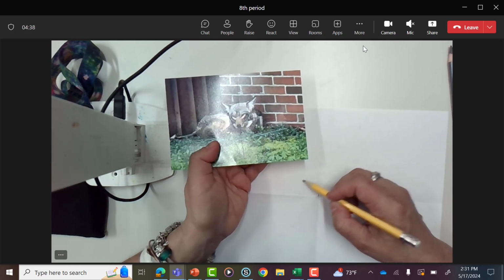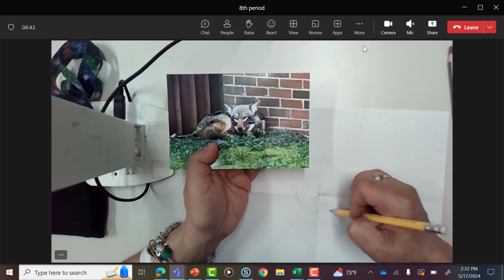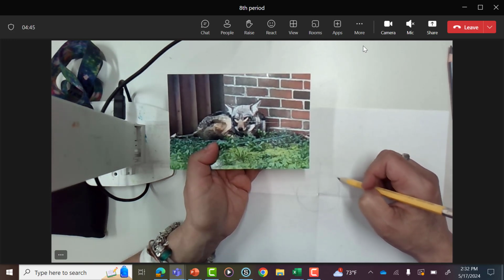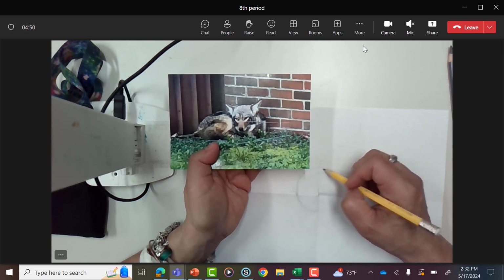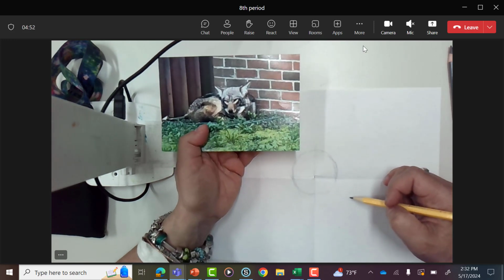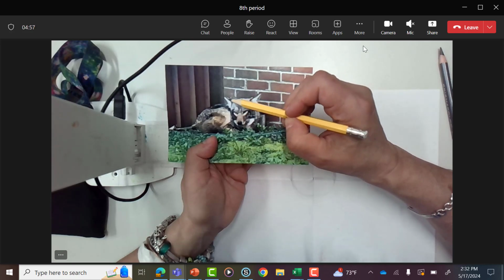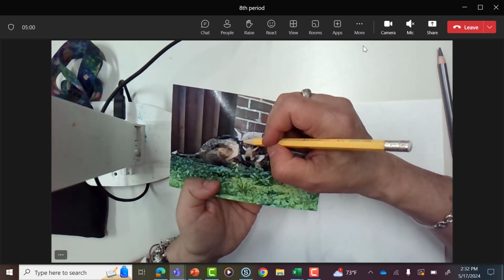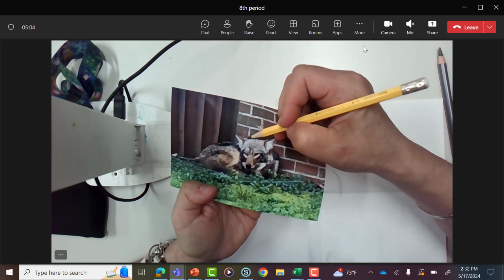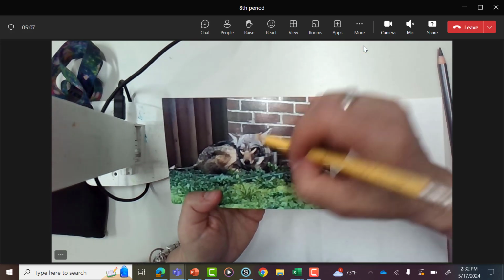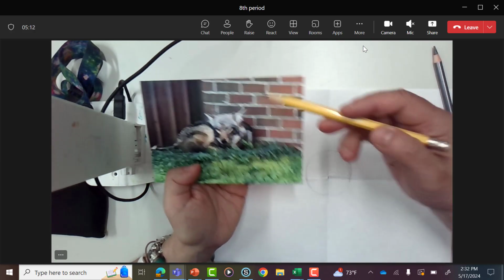Okay, and so I'm going to go and make a circle just like I see on my photograph. All right, and then I'm going to add 2 triangles. And so I could even draw right over top of it to help me understand how it's sitting on that circle. Okay, so I see it pretty much goes straight out,